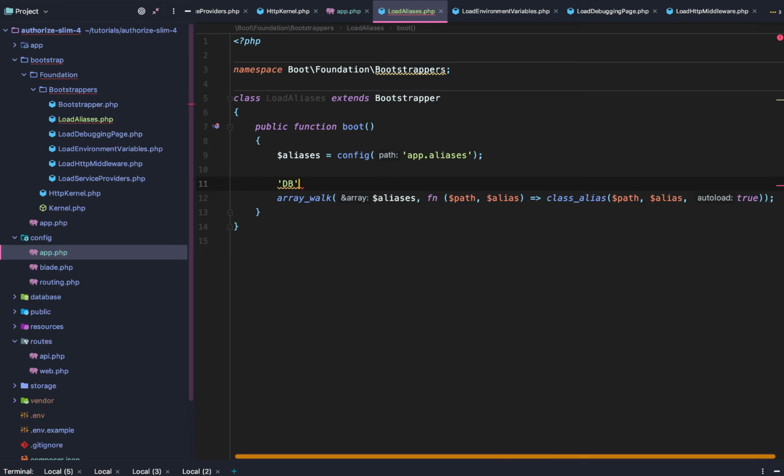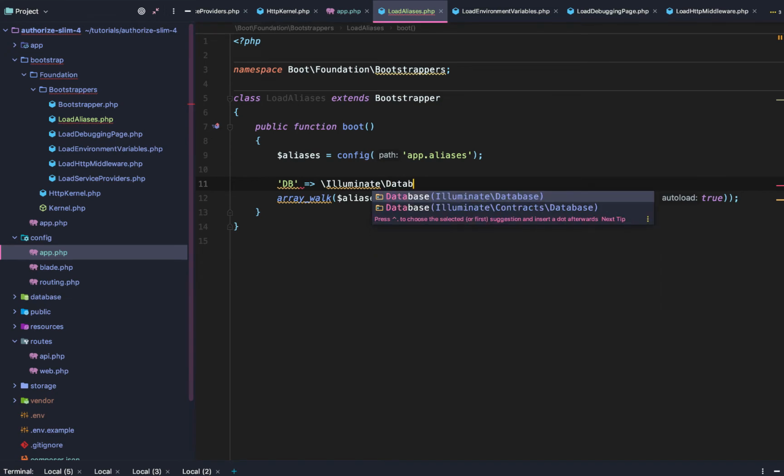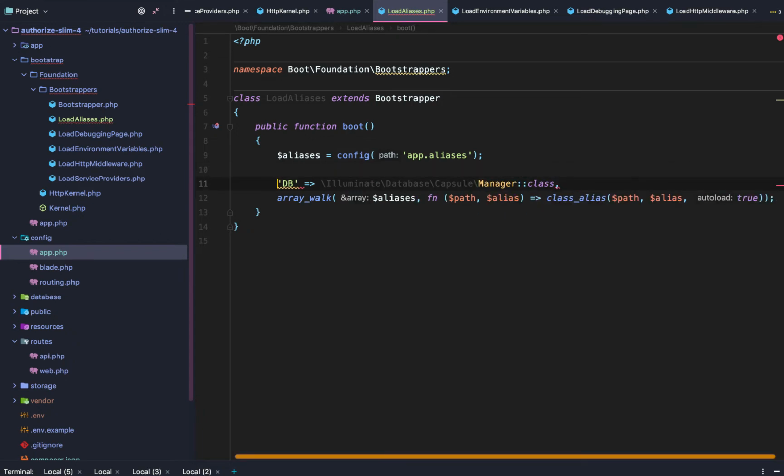So DB equals \Illuminate\Database\Capsule\Manager class. So DB is our alias, and this is going to be our path. And so the array of aliases has a list of paths and then a list of aliases that reference those given paths. For each one of those, we're going to take the path and pass it as the first parameter. So this gets passed here. We're going to pass the alias as the second parameter, and we're going to hard code autoload as true